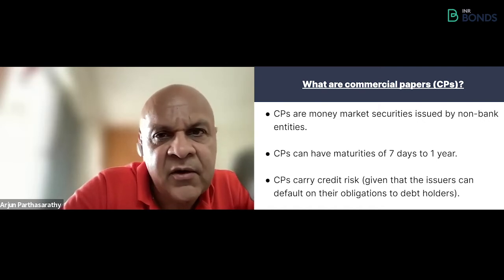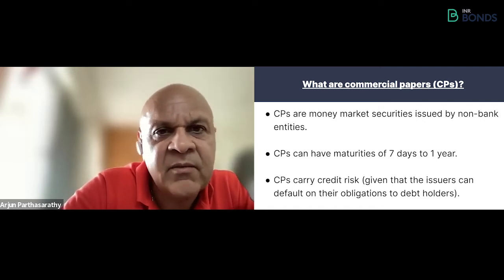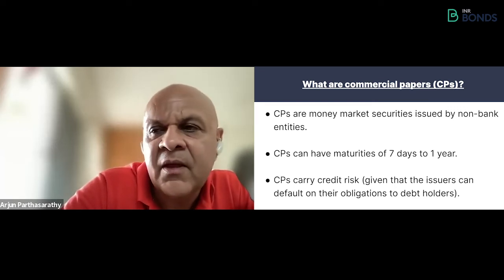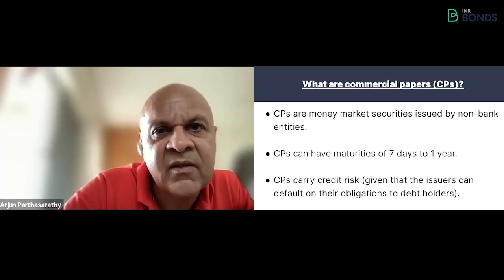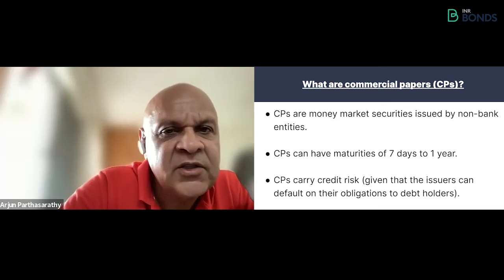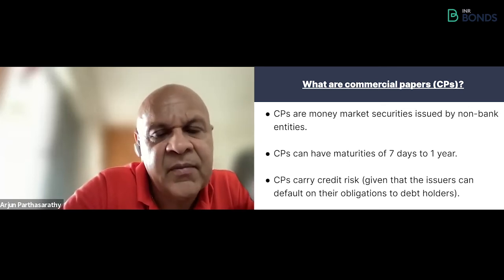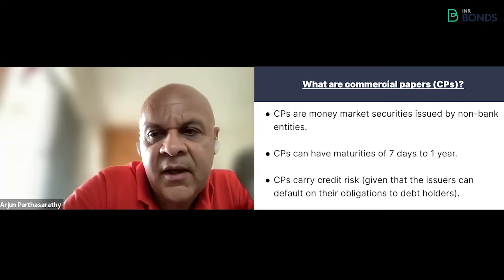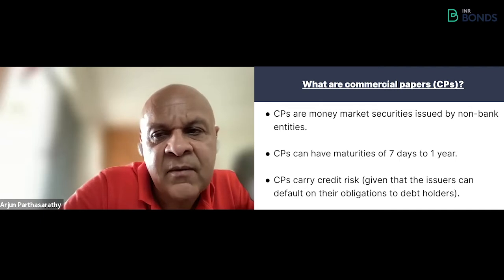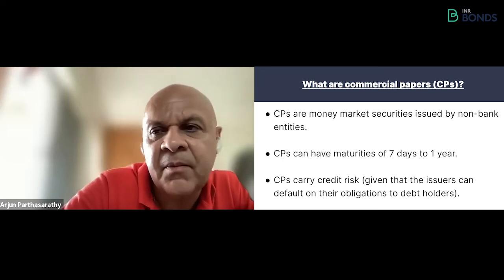They are unsecured in nature, and hence investors have to be very careful that the commercial paper is of the highest safety, which is A1 plus or P1 plus, because anything less than that signifies that in the short term, the corporate balance sheet is not of the highest safety. And in the short term, anything can happen, and corporates which are not inherently strong can, in times of tight and stress liquidity conditions, find it very difficult to roll over their borrowings in short-term commercial papers.